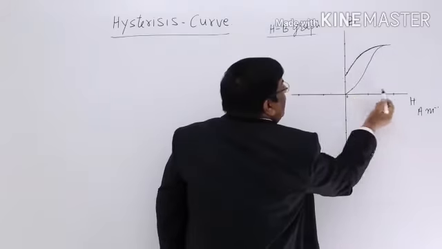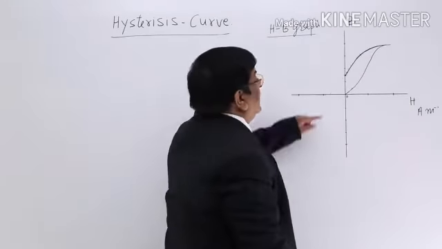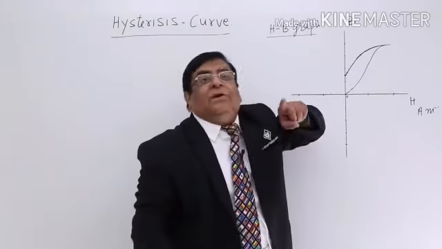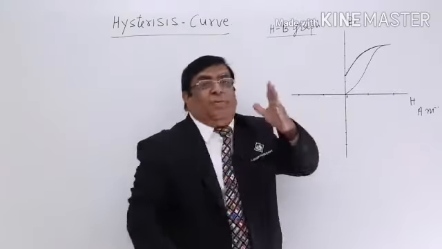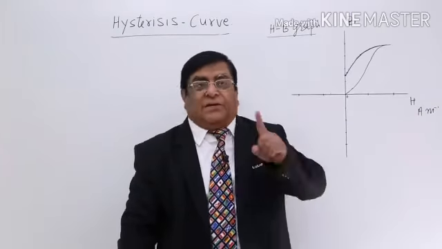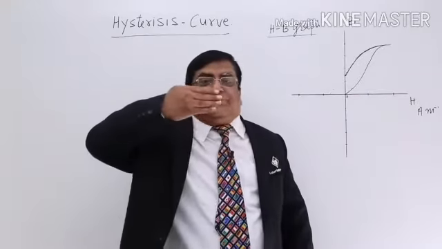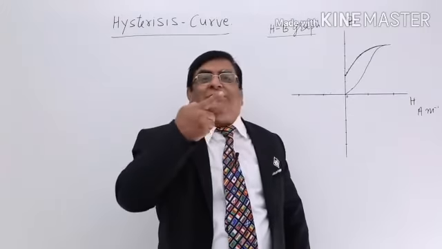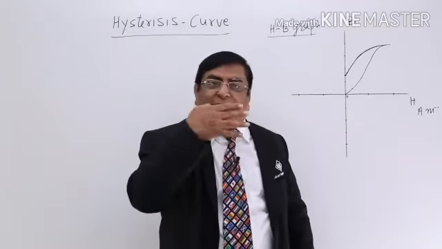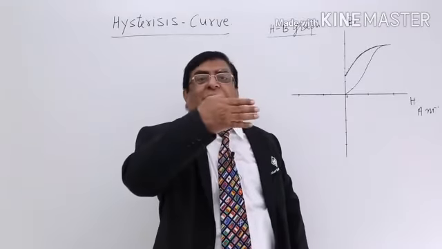Now you see how much H is here. H has become 0. When H has become 0, B should also have become 0. But we find, strangely, that B has not become 0. What does that mean practically? Initially when we increase H, 100 domains become straight and make a magnetic effect in the ferromagnetic material. They created a magnetic field B of 100.